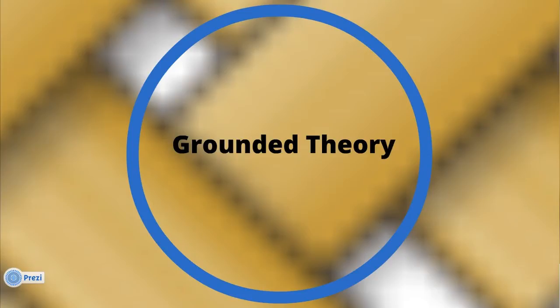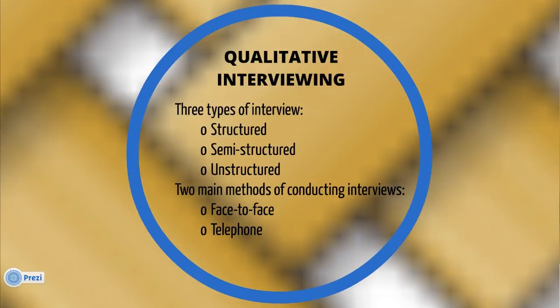Number 6, qualitative interviewing. There are 3 types of qualitative interviewing. Structured, wherein it involves the use of questionnaires based on a predetermined and identical set of questions. Semi-structured, the interviewer will have a list of themes and areas to be covered, and there may be some standardized questions. Unstructured, there are informal discussions where the interviewer wants to explore in depth a particular topic with another person